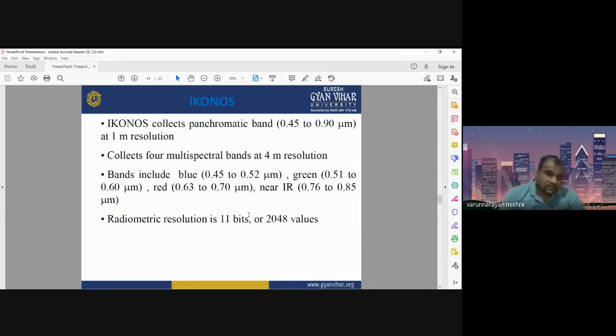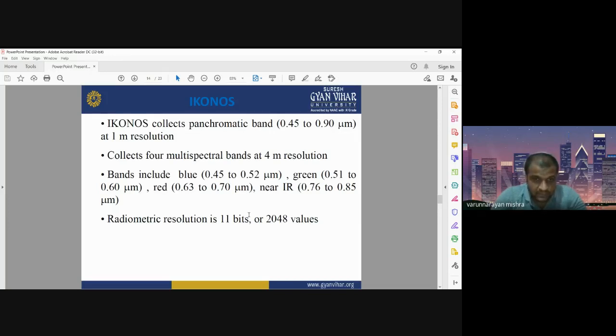Whereas it can also work in the multispectral mode, which has 4 different bands: blue, green, red, and NIR. As we know, the range of blue is 0.45 to 0.52, green is 0.51 to 0.60, red is 0.63 to 0.70, and NIR has a range of 0.76 to 0.85. Okay, so Ikonos has two modes.